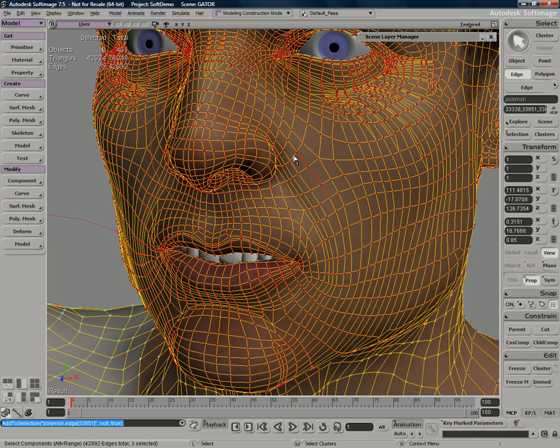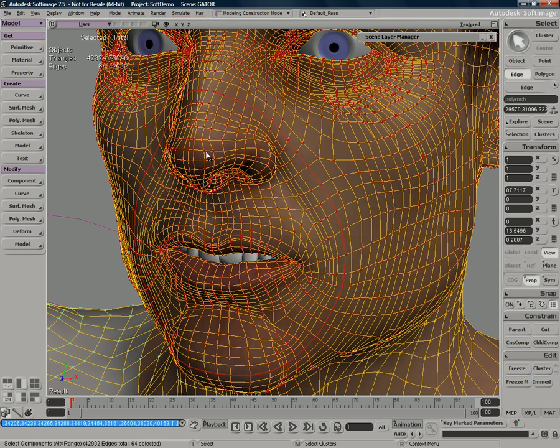loop. So what I'll do there is hold down the Alt key, and you notice now I get a different mouse icon, and then just use the middle mouse button to click on any one of these loops, and it'll go ahead and select that entire range. So again, hold down the Alt key, press the middle mouse button, and then select one of those edges, and it'll then select the entire loop.